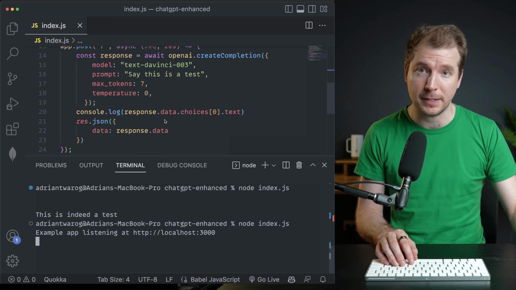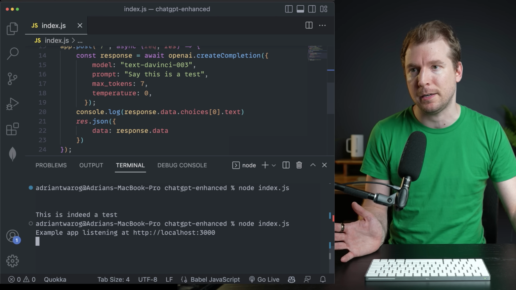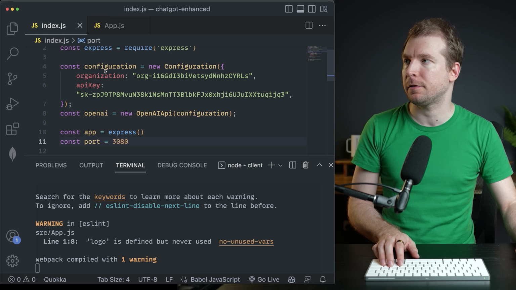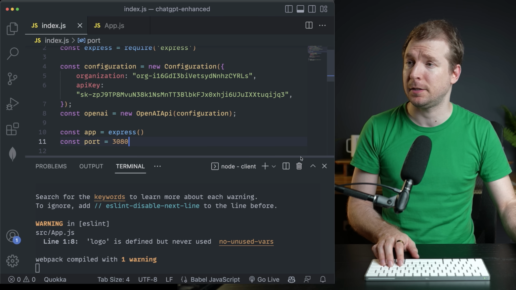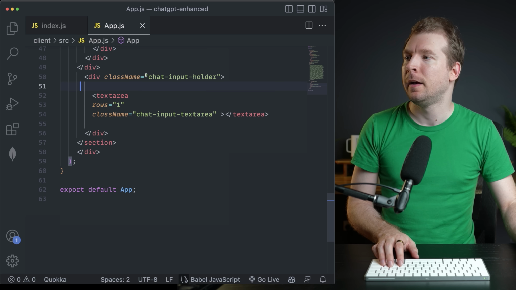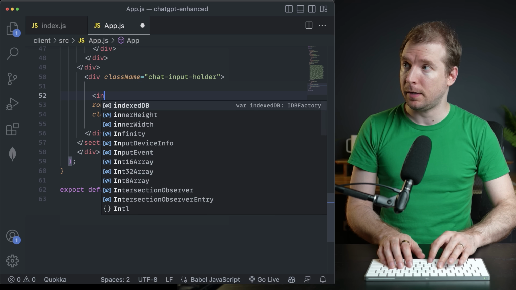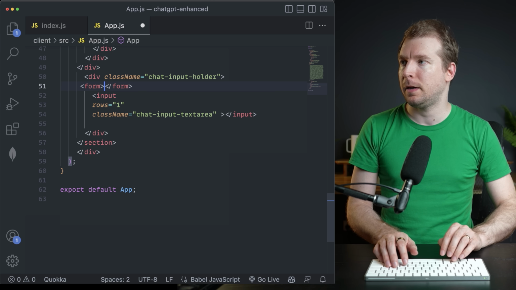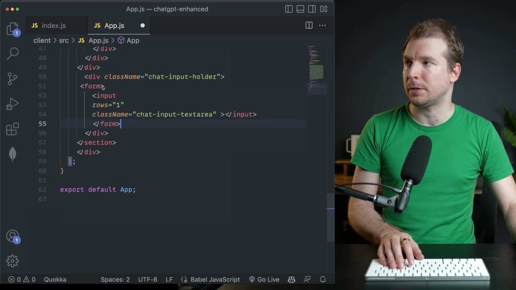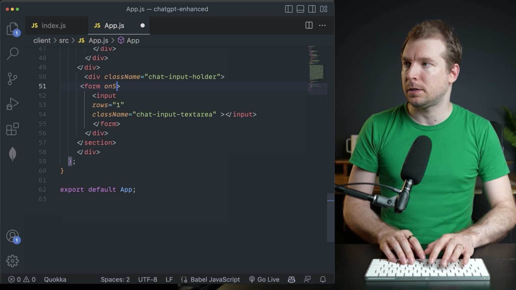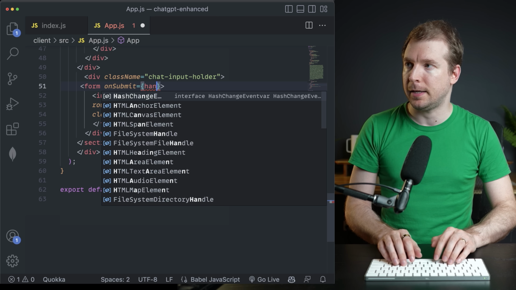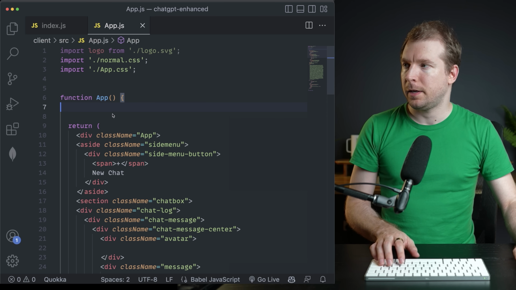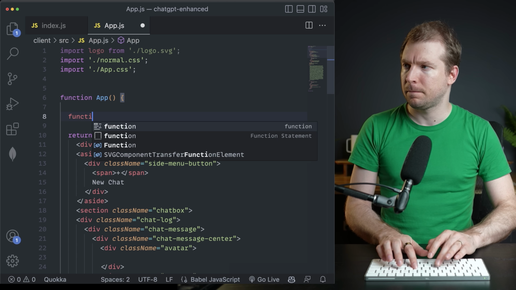So it's time to jump back into React to create an API layer. To start off with, we'll change the port here to 3080 for the server because port 3000 is usually where we use React. Then here over React, I'm gonna turn this into an input just to make submitting a little bit easier. I'm gonna add a form to be wrapped around it, which will have an onSubmit, and the onSubmit can handle submit. Let's save that and scroll up here and make a function here called